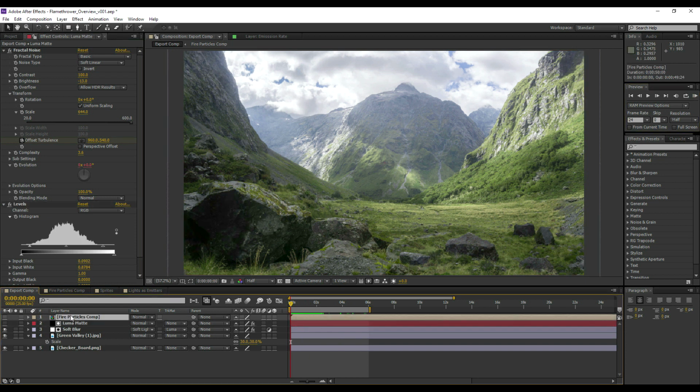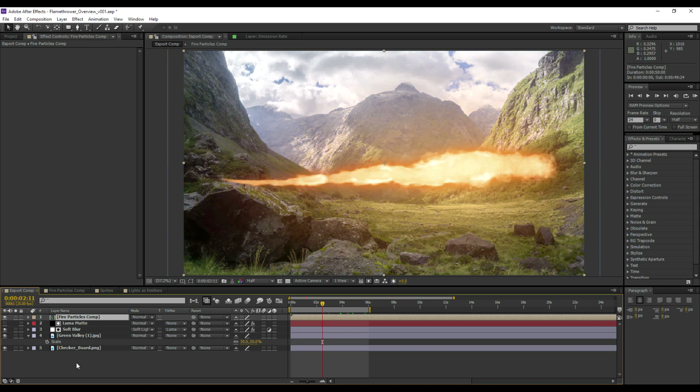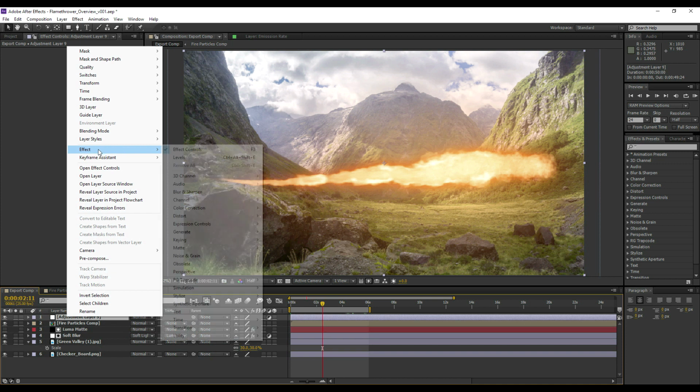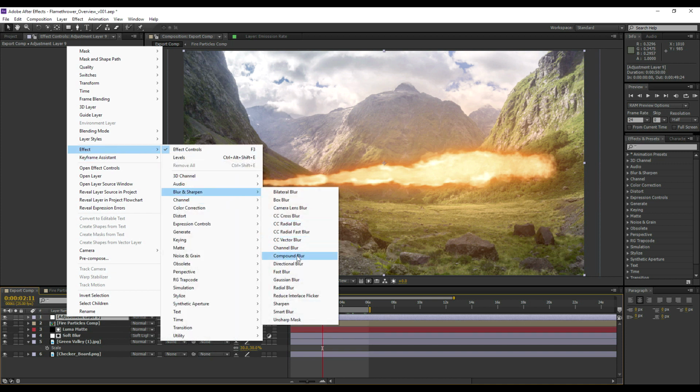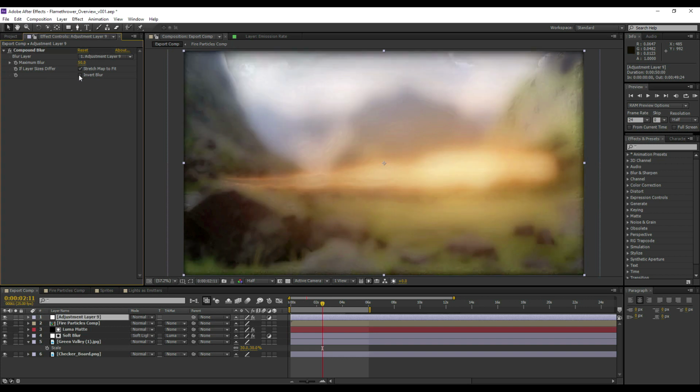Okay, so how are we going to use that to make the fire look more realistic? Well, we're going to create another layer. We're going to make an adjustment layer. I'm going to choose the effect blur and sharpen, and we're going to choose a compound blur. And if we set this to maybe 50, and then we invert the blur,